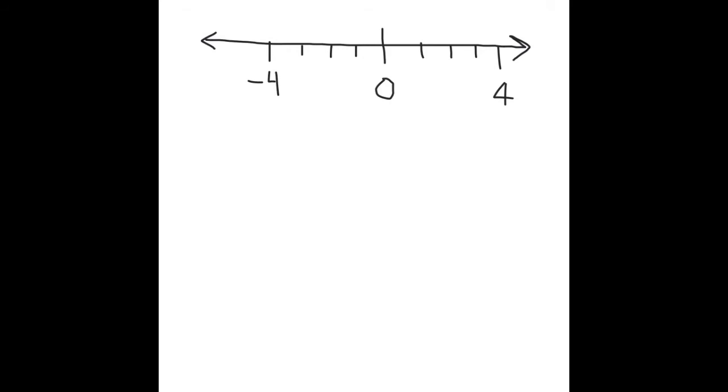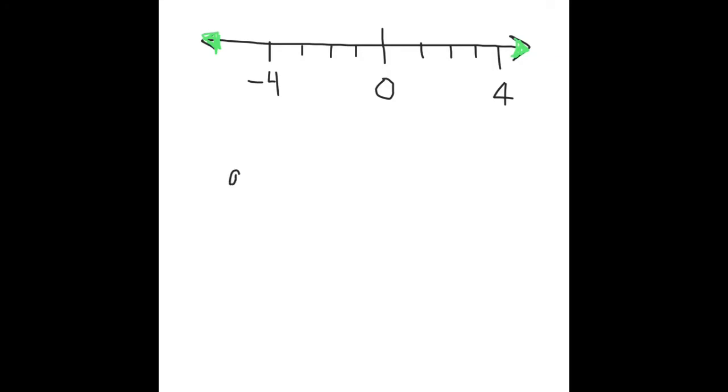Things that we remember. We know that because of this arrow right here, these numbers to the right go on forever. So past 4 is 5, 6, 7, 8, 9, 10. And the same thing goes for the numbers to the left. Negative 5, negative 6, negative 7. But sometimes we're asked to plot numbers on a number line or to say between which two integers would these